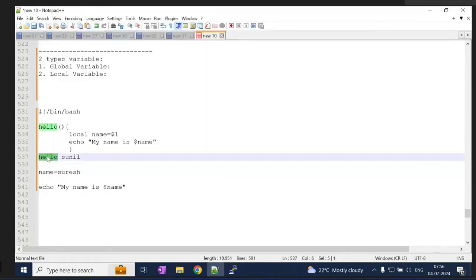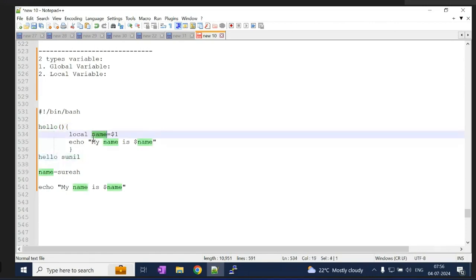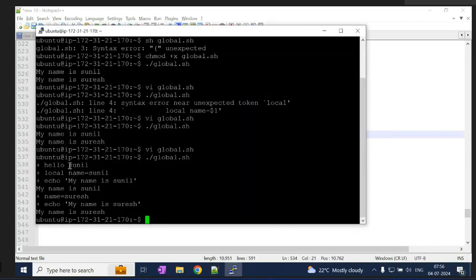This function is going and calling this function, and we have an argument for this variable, right? We are passing this argument to this variable. So we are calling this function. The argument is Sunil, and it is assigned to this variable, and it is printing that argument. After that, it prints the value.